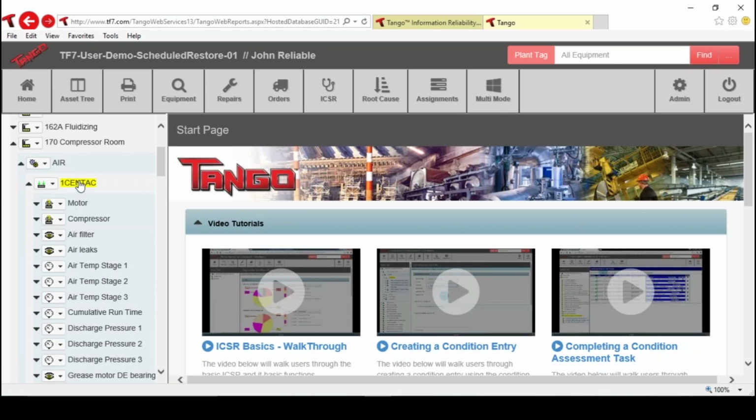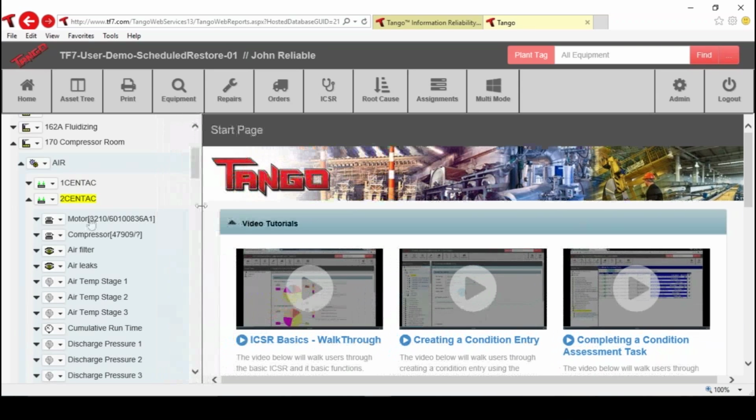You see that for one syntax, I've got a motor and a compressor, and they've got this icon with a yellow question mark on it, which means that for Tango's purposes, I'm tracking only the information about that location. So I can put in all my condition information, but I don't know very much about the equipment that's installed at that location because I'm only keeping track of the location. For syntax 2,